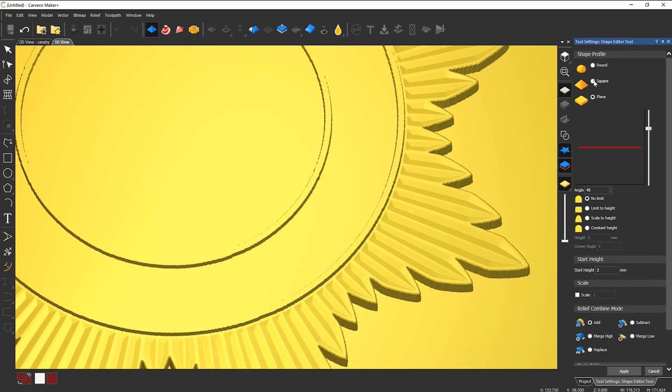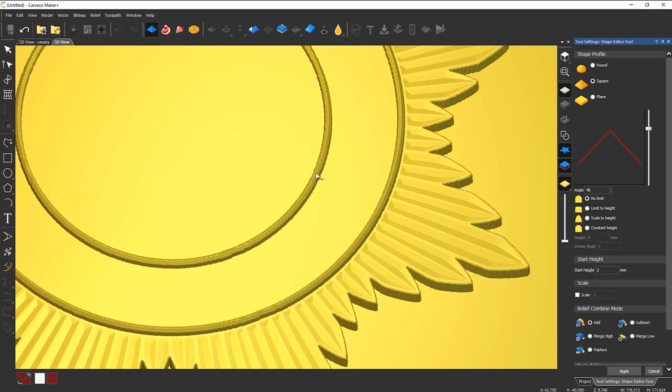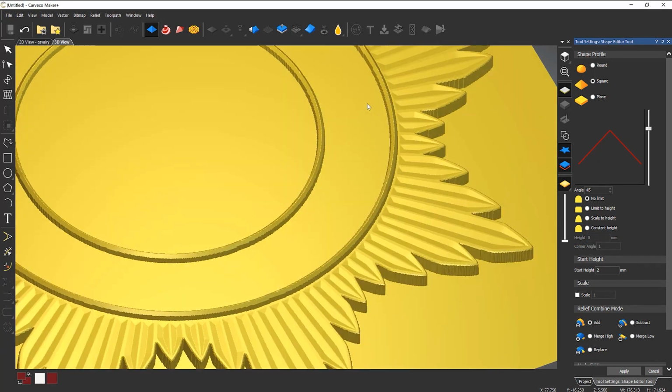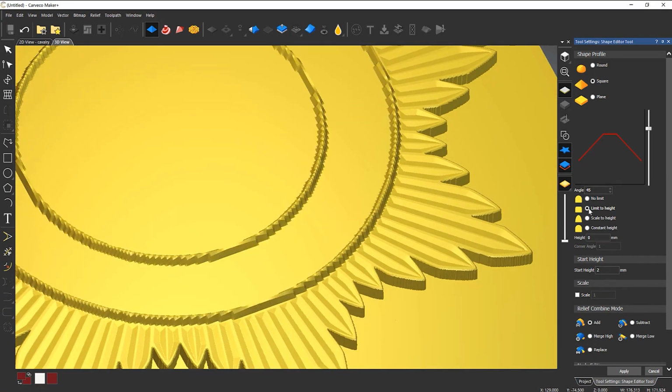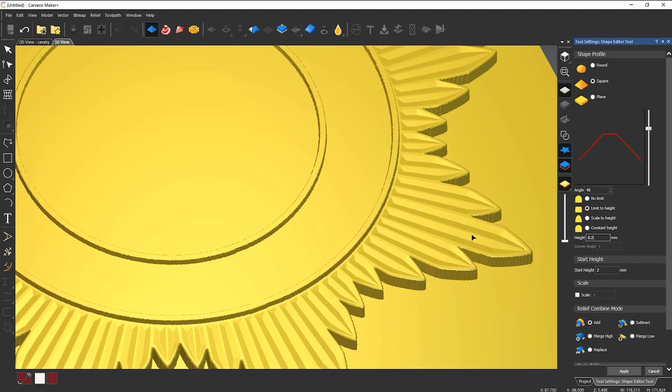If you want to add a chamfer to that, you can do. So to do that, go to square. You can see that that's a full bevel at the moment, or full chamfer. Just limit it to a height. So 0.2, 0.5. Everything's in real time as well, so you can just see it straight away, which is great. So select apply,